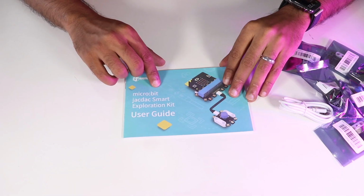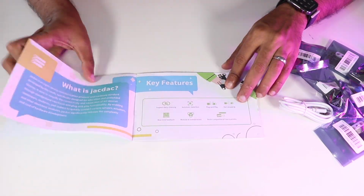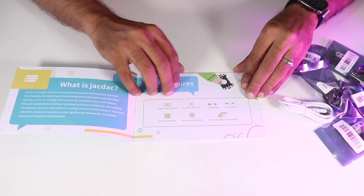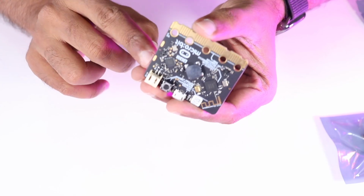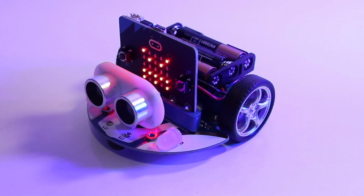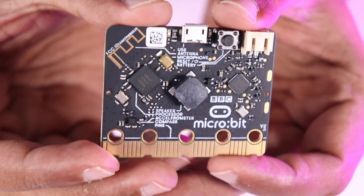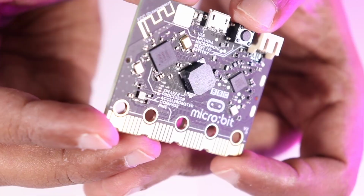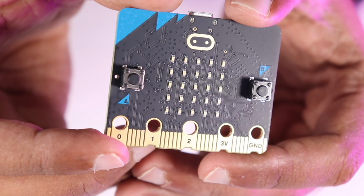And this is the user guide, guys. So like I told you earlier, this is very descriptive and very easy to follow, and it will help you to get started with the kit in no time. This is the brain of our kit. It's called Microbit version 2, a tiny but powerful microcontroller designed specifically for education. It comes with built-in features like an LED display, multiple sensors, and connectivity options. Best of all, it can be programmed using block-based editors like MakeCode or even Python, making it accessible for beginners